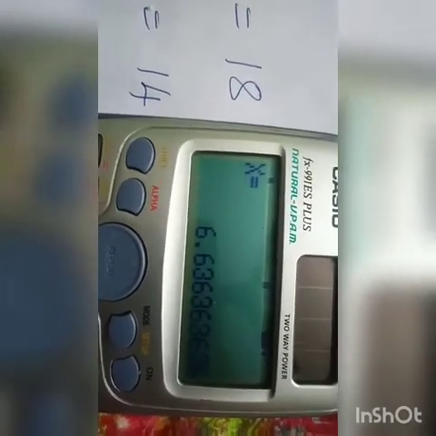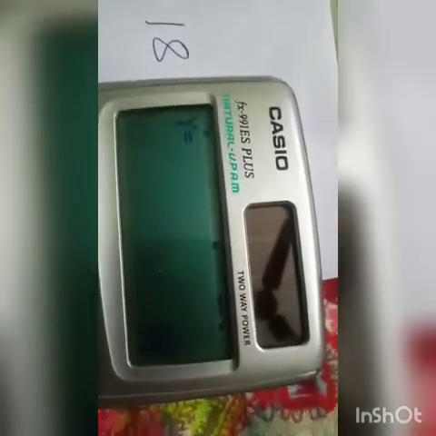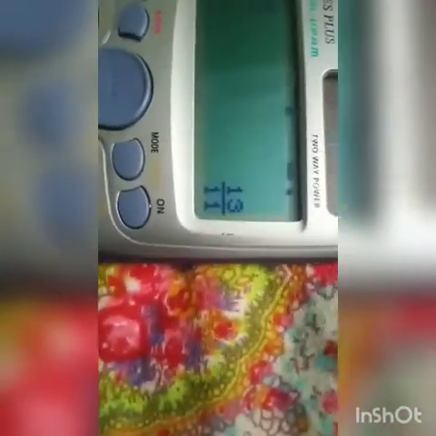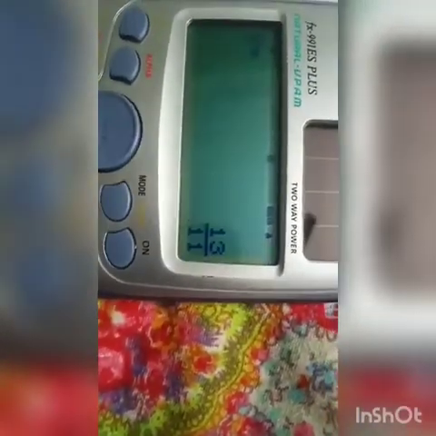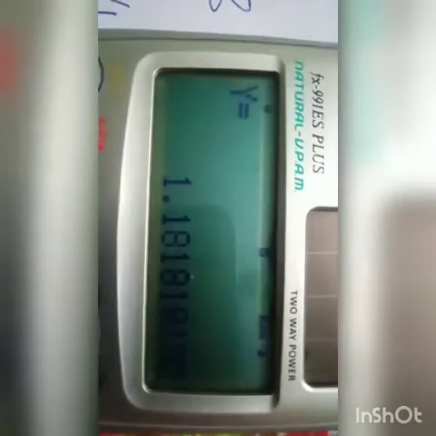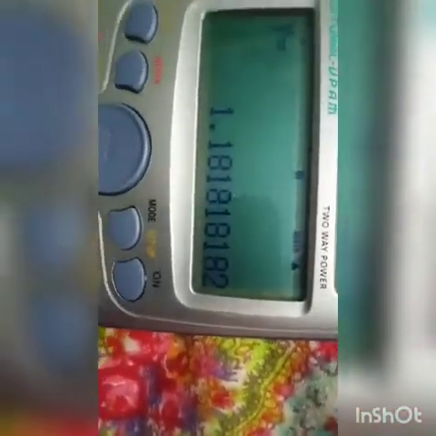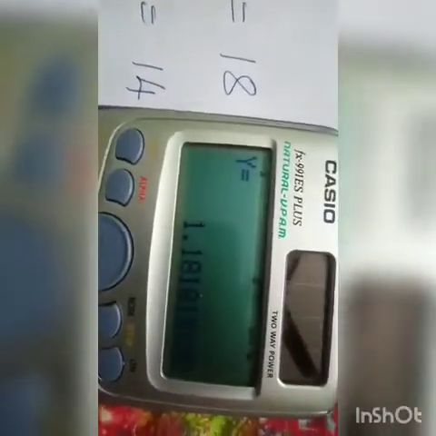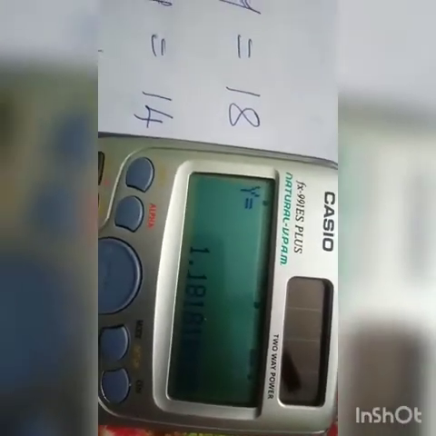Right, now for the second value, you press equals one more time. So you are getting the value of y as 13 by 11. Again that is a fraction. How to convert fraction into decimal? Again you have to press the option here, S to D. See, now you can observe the value of y as 1.1818. So that is the value of the second unknown y.